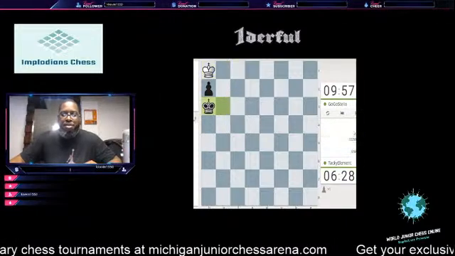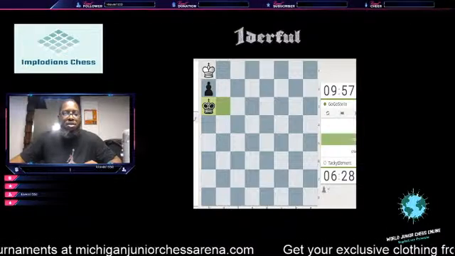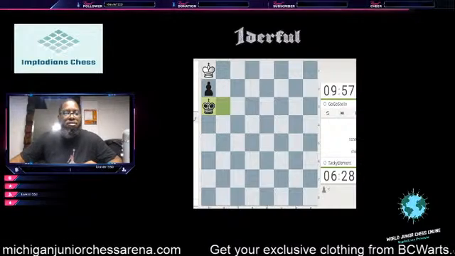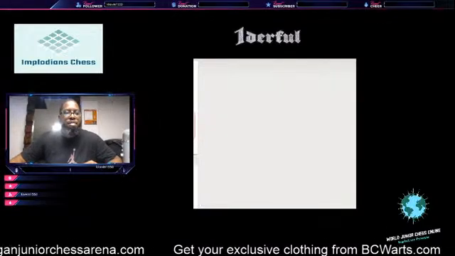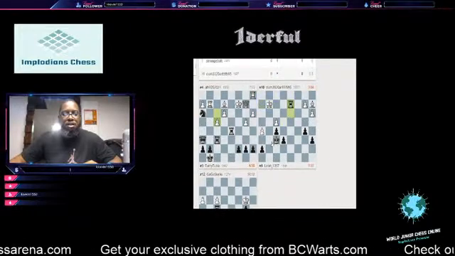And there's a stalemate. It was unavoidable, forced. And so white draws that game. Good defense by white. Good defense. All right, we're going to go back to